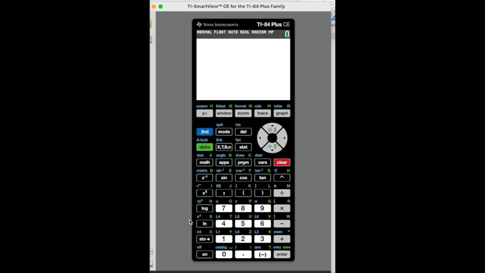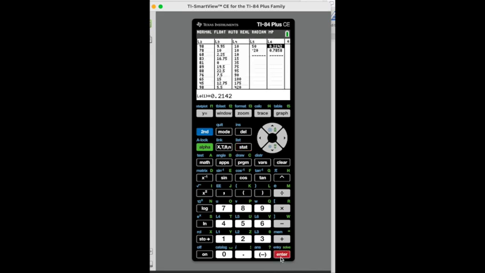we have your lists. So we're going to hit the Stat button, and we're going to choose option number 1, Edit. Now, I already have a bunch of stuff in there, so I'm going to delete my list 1 and list 2. If you forget how to do that, you want to highlight the name of your list, L1 or L2, and then you're going to hit Clear, Enter, and that will clear out your list of anything that you have